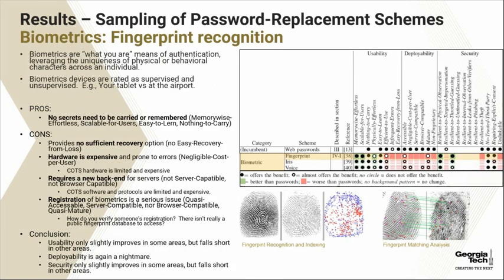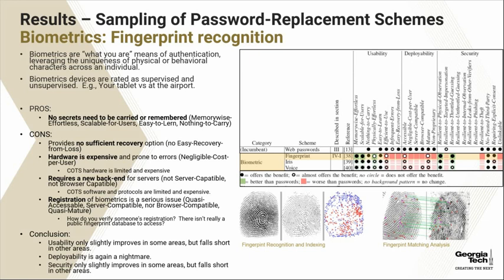My favorite biometrics. So biometrics are really the "what you are" method of authentication. It leverages your physical and behavioral characteristics. Biometric devices are rated as either supervised or unsupervised. Your home tablet or your phone is an unsupervised type of biometric. A supervised biometric might be what you'd see at an airport or the jail, somewhere where they actually have